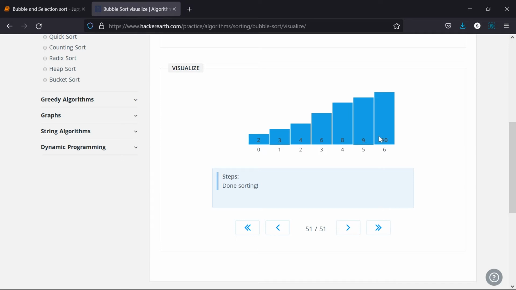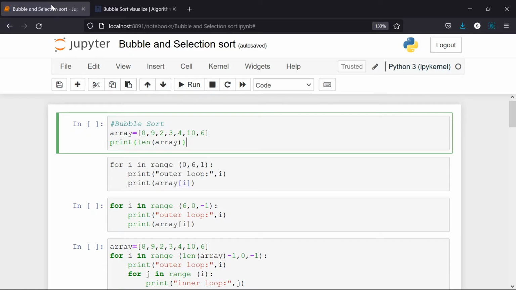But if you want to be a good programmer in terms of reducing the number of cycles taken by your system, you have to make it in such a way that these last two elements are not taken into consideration. Yeah, so we will see one by one how we are going to arrive at this bubble sort.